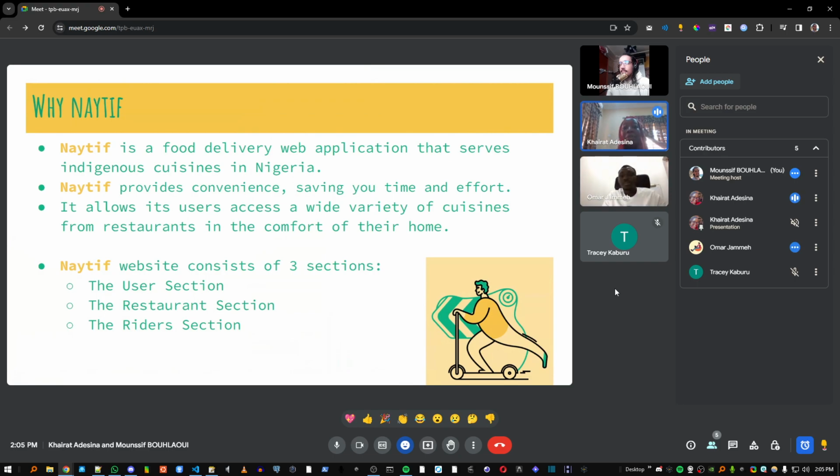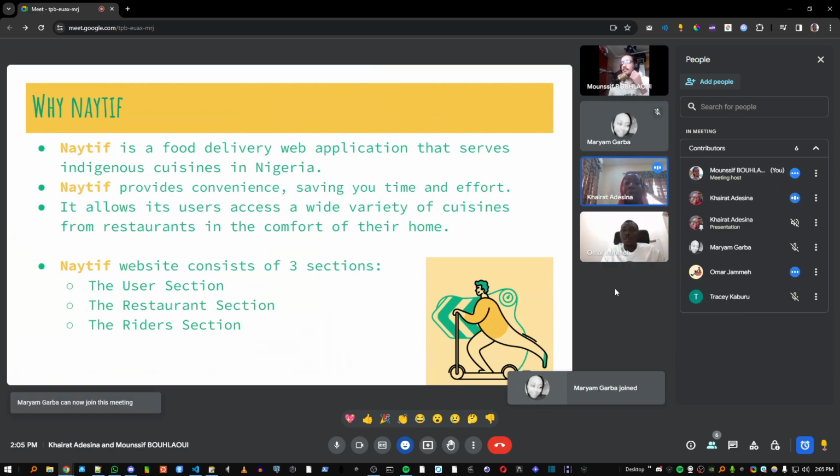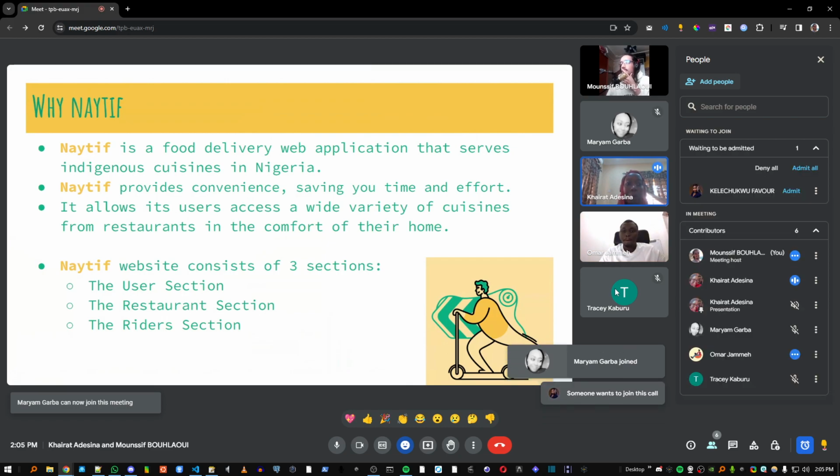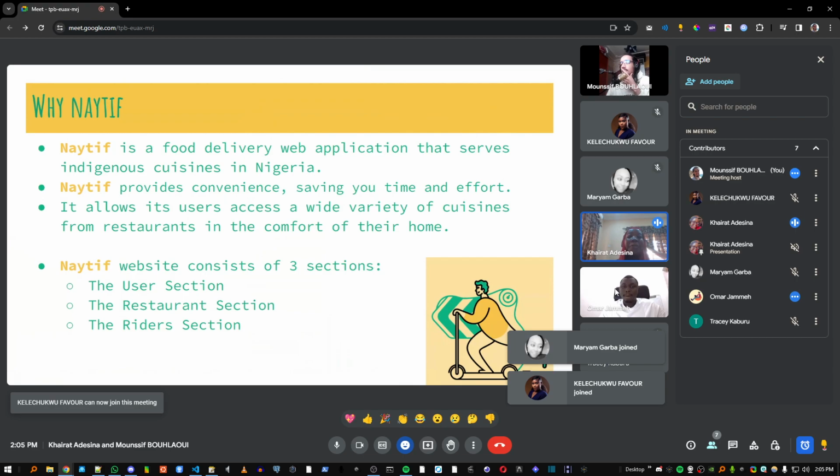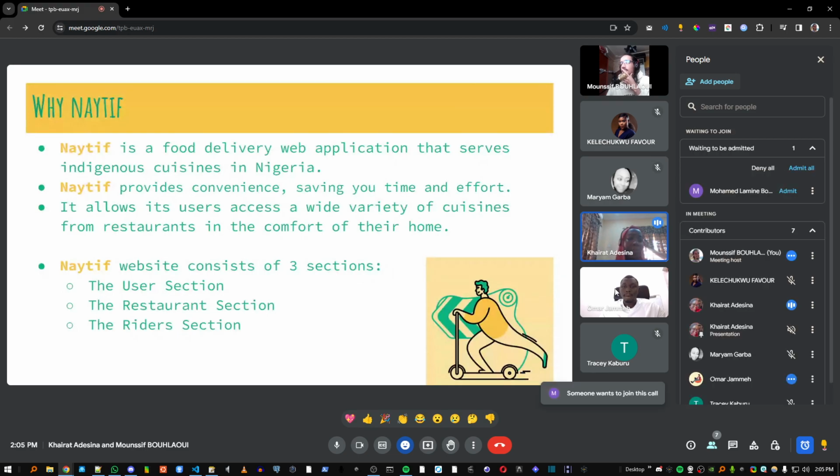Native provides convenience, saving you the time and effort of having to queue for a long time to get your favorite menu, your favorite local dishes. Native is different from all existing food delivery applications. Why is it different? Number one,